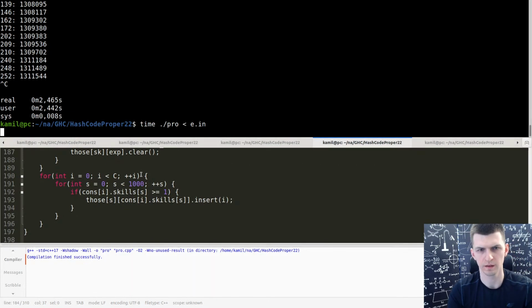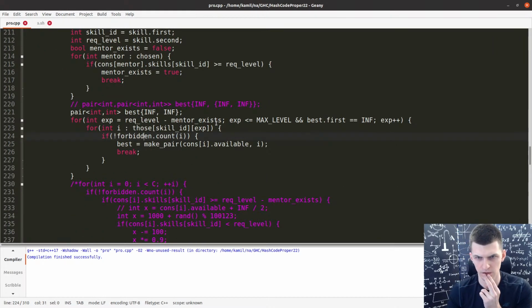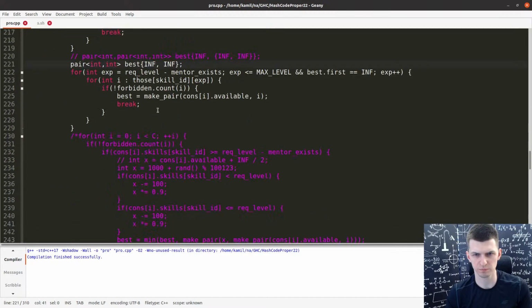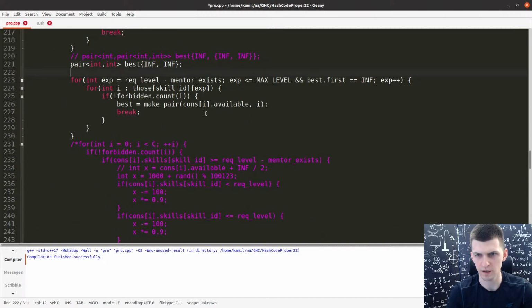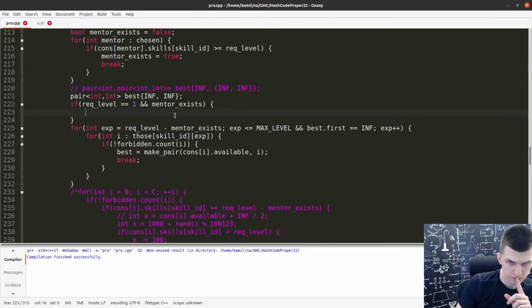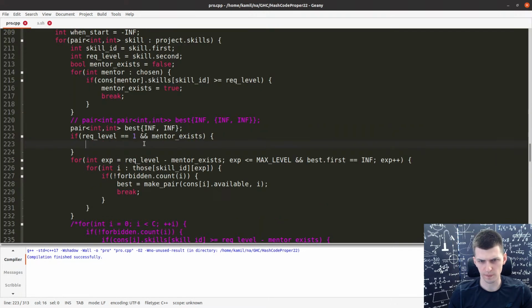Okay, like this. And finally, if something has a requirement of 1, then in this special case, I can also grab somebody not present in a set, because I don't want to put everybody in a set. So if mentor exists, in this single case, it's okay to take somebody not in the set. So, and should I just do it in random order maybe? Or in this case, I will take the first available.